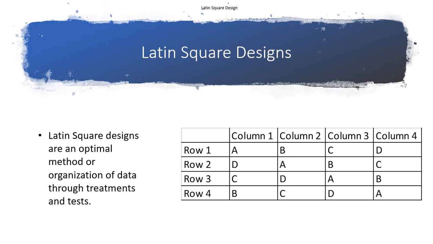First thing to note about a Latin square design is that the main purpose of it is it's a method of organizing data, specifically comparing two different factors and how they relate to each other in different examples. Now, there are actually two types of Latin square designs. There is the normal, and then there is a Greco-Latin square design. Those are more for controlling more fine-tuned experiments, but I'm talking more along the lines of a normal Latin square